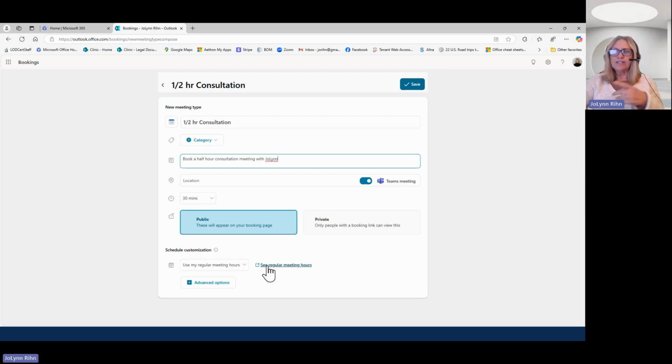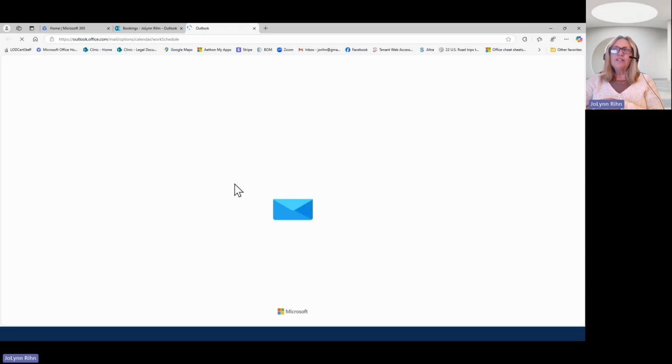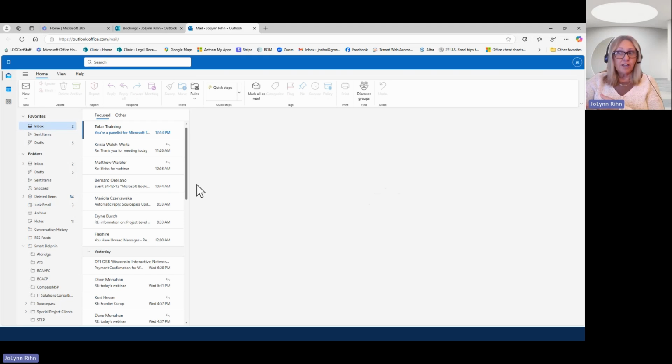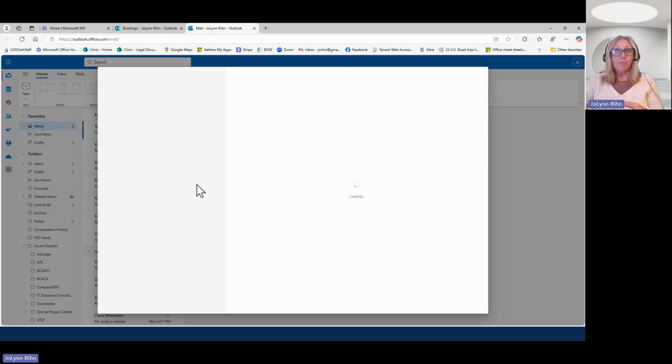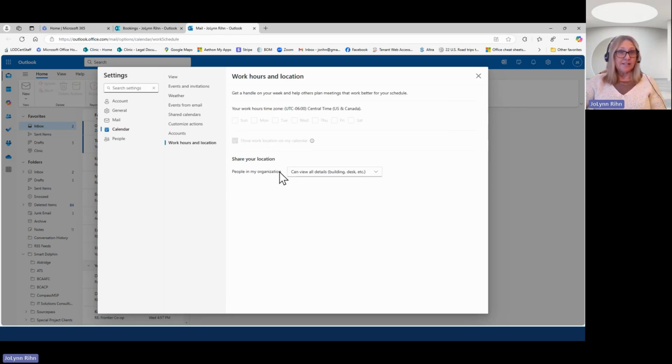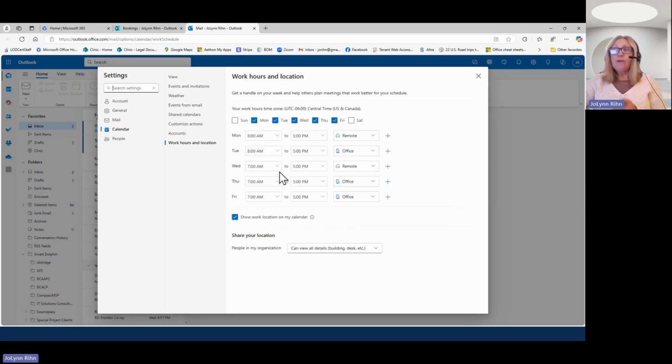I'm going to click where it says see regular meeting hours. So what this is going to do is take you into Outlook. This can be important because if you've never done this in Outlook, you need to set this up. I'm using the new Outlook, by the way. It's taking me into the settings for my Outlook because this is going to be reading my Outlook calendar